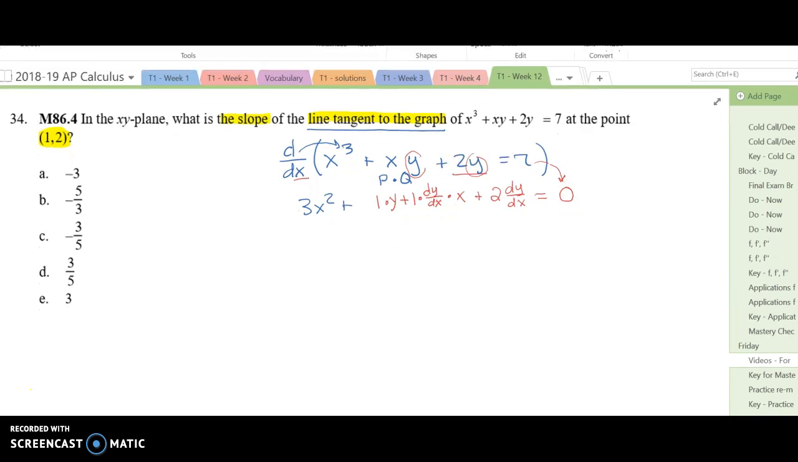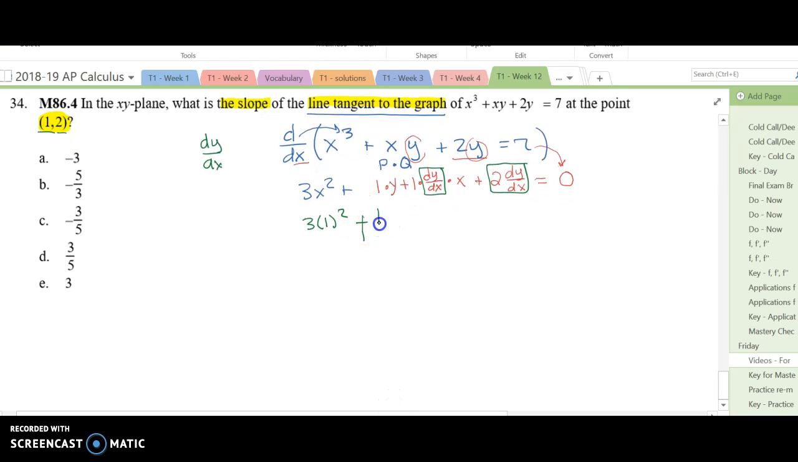Now that I've taken my derivative, I'm looking for slope, which is dy/dx, so I'm looking for those terms. I'm going to need to plug in my x and y and collect my terms. I had 3(1) squared plus 1 times a y of 2 plus a dy/dx times an x of 1 plus 2 dy/dx,